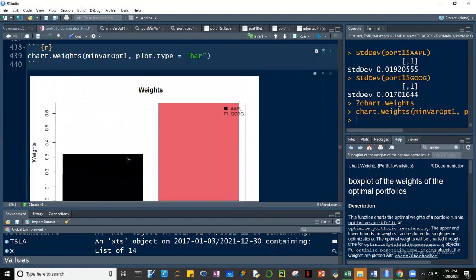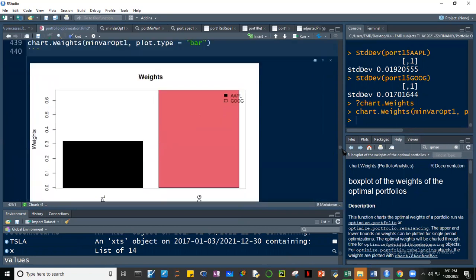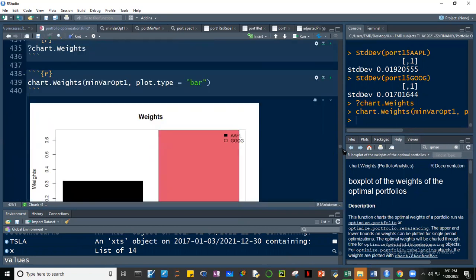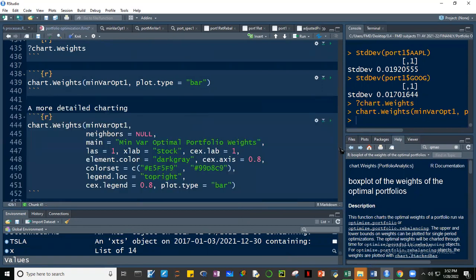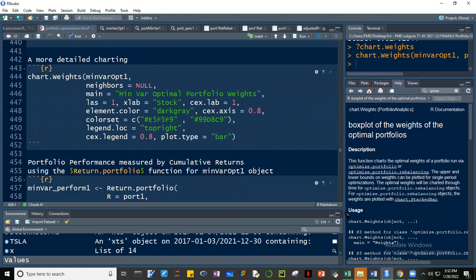So around 32% yung Apple and 67% yung Google. Isang weight lang, kasi wala naman rebalancing to, no? Walang rebalancing. So sinasabi niya, instead of using 50-50, use 32-67. Okay. Alright, so ito yung ano, if you take a look at the usage, guys, mas